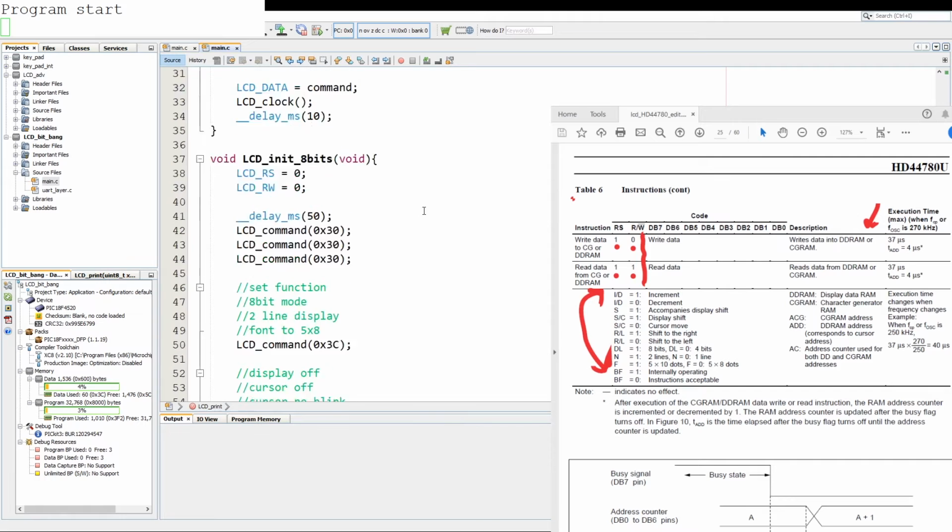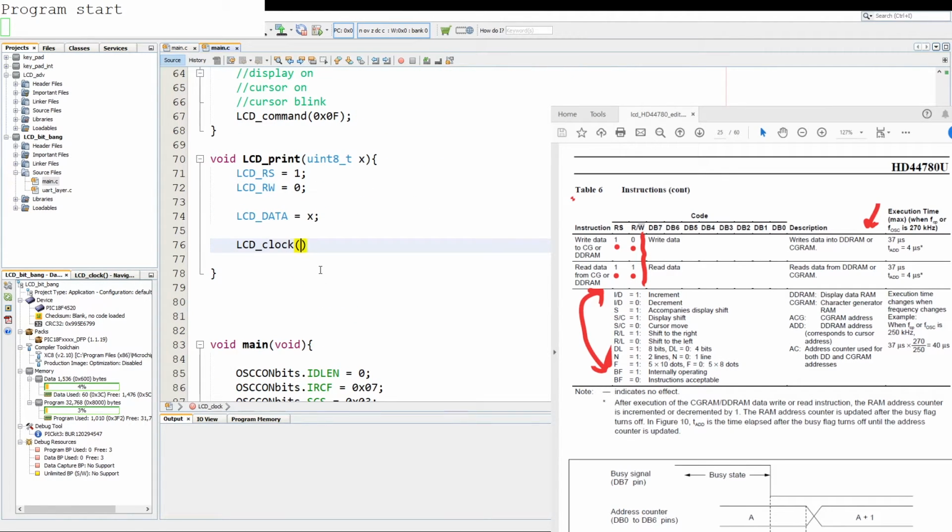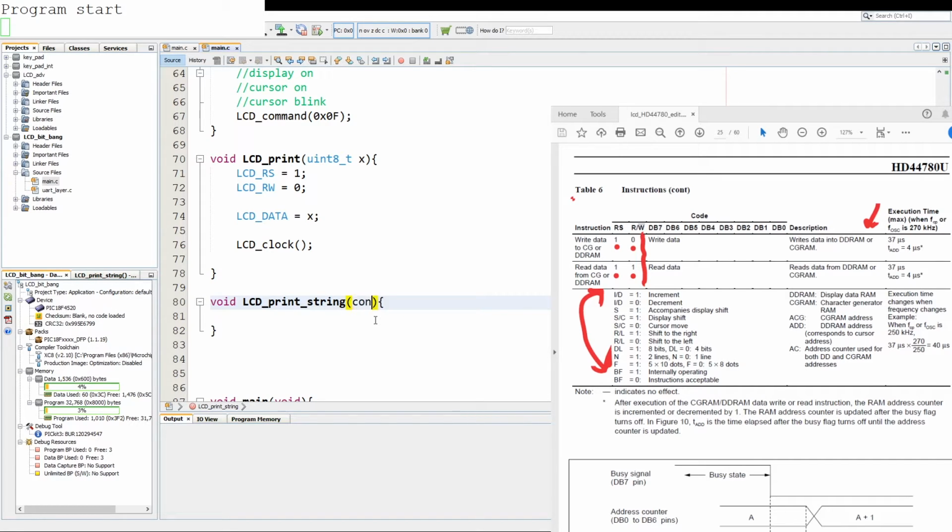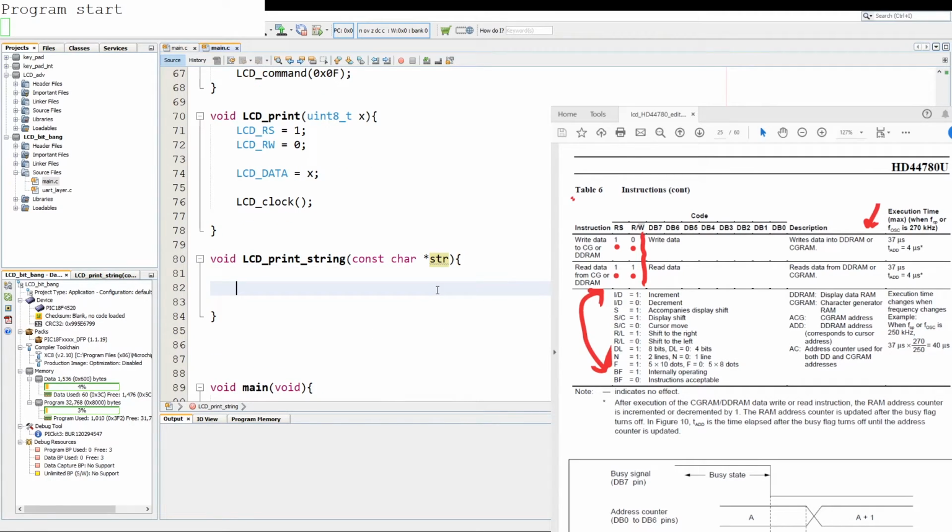And then we simply get our clock function and just call clock at the end. And then the function after that, we want to be able to print strings to the LCD. So we call void, we say LCD_print_string, and we pass that a const char pointer, and we just call that str. Now we declare a variable in here, which is uint16_t, and we'll call that i for counter,